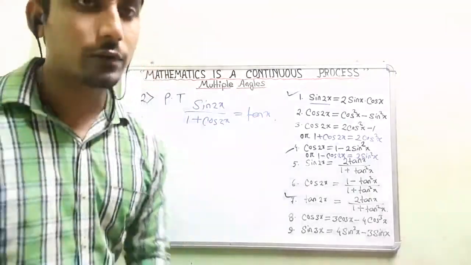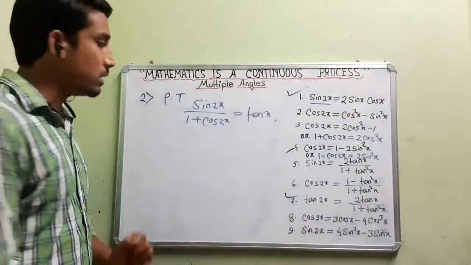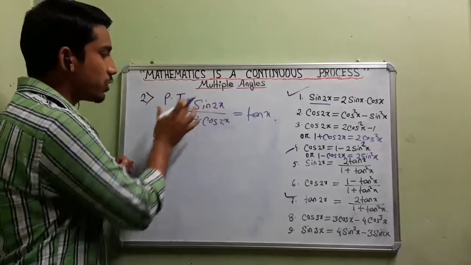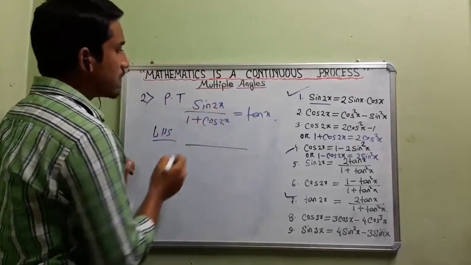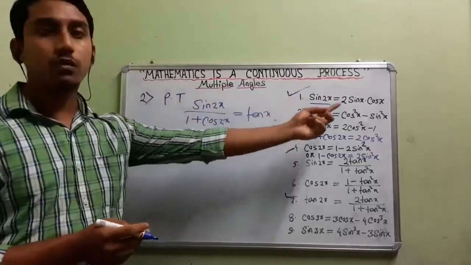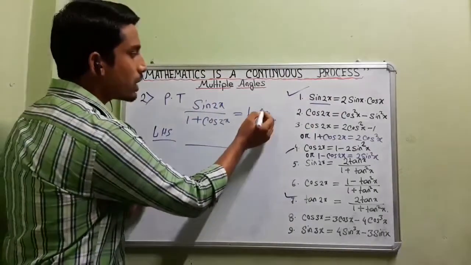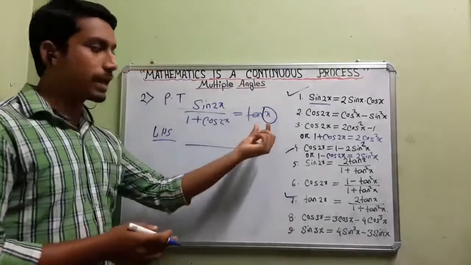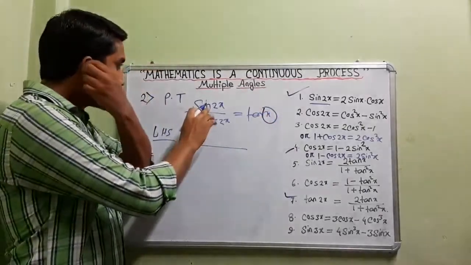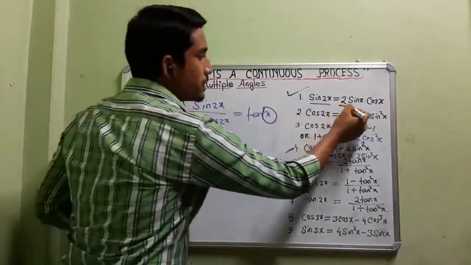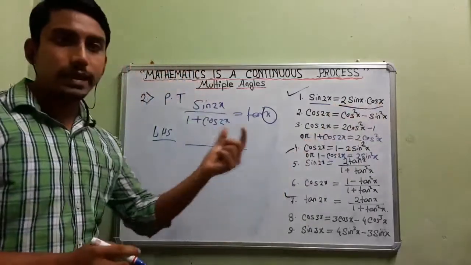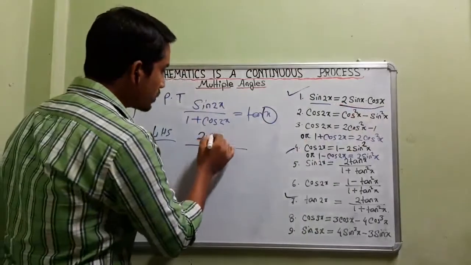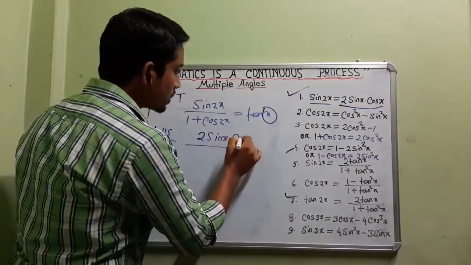So what formula can we apply here from the multiple angle? If I take the left hand side, obviously we will go by the left hand side because much more information is given there. So in place of sin 2x, what can we put? Sin 2x formula is 2 sin x cos x, because our right hand side is in terms of a simple angle, only x. So we need to break sin 2x in terms of the simple angle. Using the first formula, sin 2x can be written as 2 sin x into cos x. So in place of sin 2x I'll put 2 sin x into cos x.